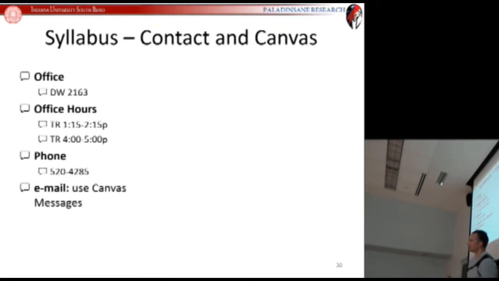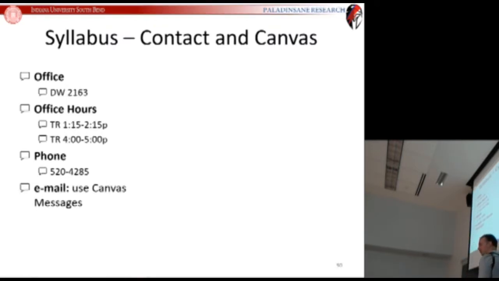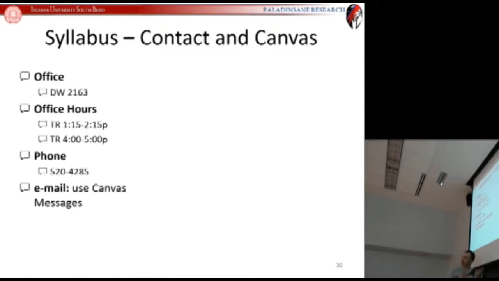The way to get into contact with me is through Canvas messages. So do not use my official email. I do not check that as often as I probably should. But I do commit to checking Canvas messages once a day. So my turnaround time on that is under 24 hours. And it helps me keep all my courses organized and everything. So if you contact me through Canvas messages, I will try to get back to you within a day. If you contact me through email, it might get lost. So please don't do that. Use Canvas messages to contact me. And also